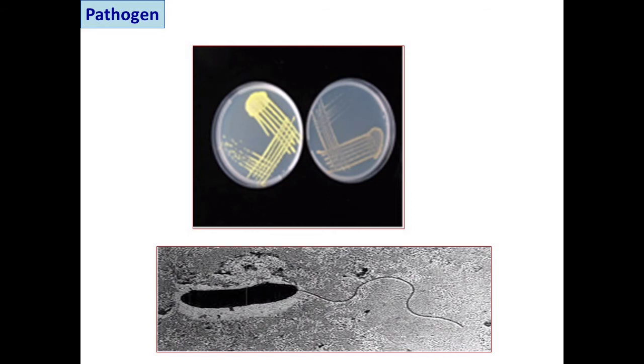The primary source of infection is mainly from seed. That means this bacterium is a seed-borne bacterium, and the secondary spread of this bacterium may be through wind or wind-borne rain splashes, irrigation water, irrigation channels, insects, and other infected tools and implements. These are the channels through which this bacterium can migrate from an infected field to a healthy field.